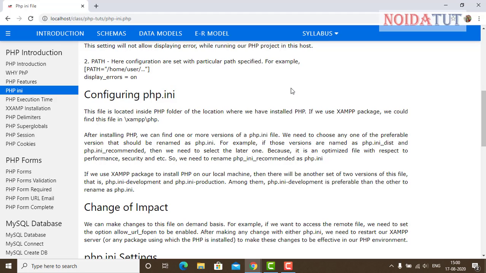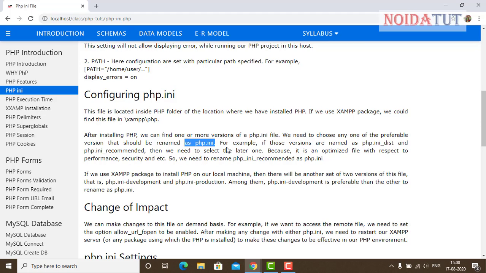After installing PHP, we can find one or more versions of a php.ini file. We need to choose one preferable version that should be renamed as php.ini.